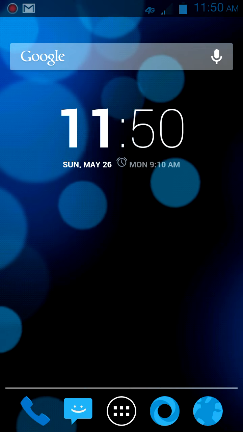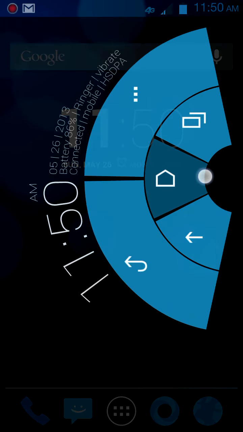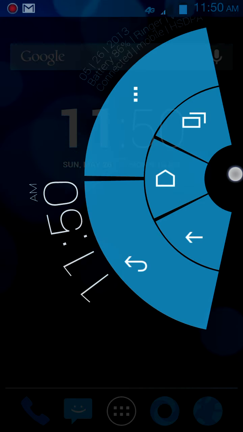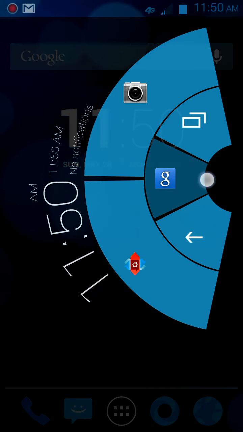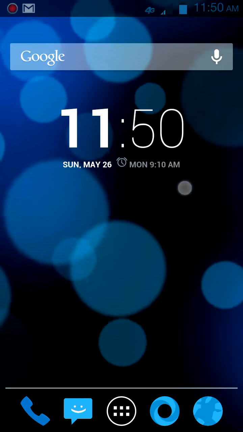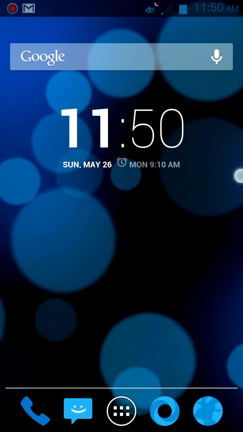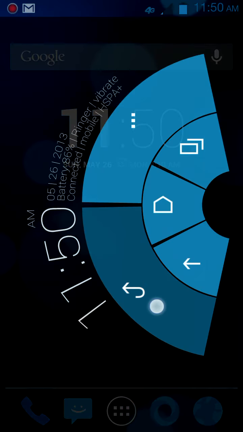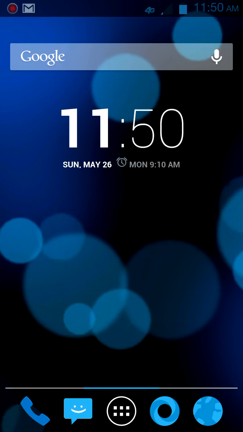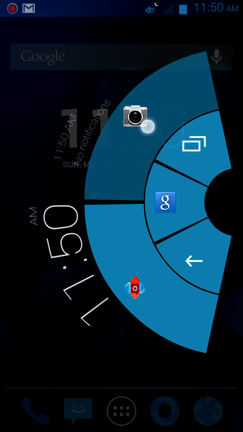Moving on, let's talk about Pie controls. So this is another thing that comes with root user access. You'll see here that whenever I long press a certain Pie control, like at the home, I can go over to my Google, and I don't want to load that up because it actually shows my address, and let's not do that. I can also go back, which brings up the Nova launcher, my menu, which brings up the camera,